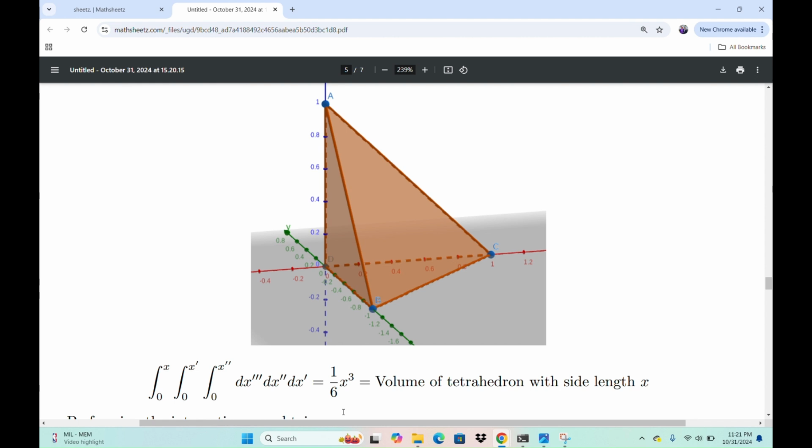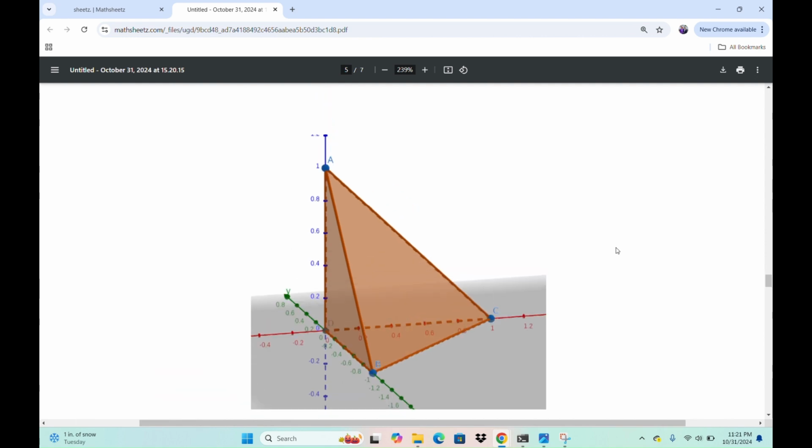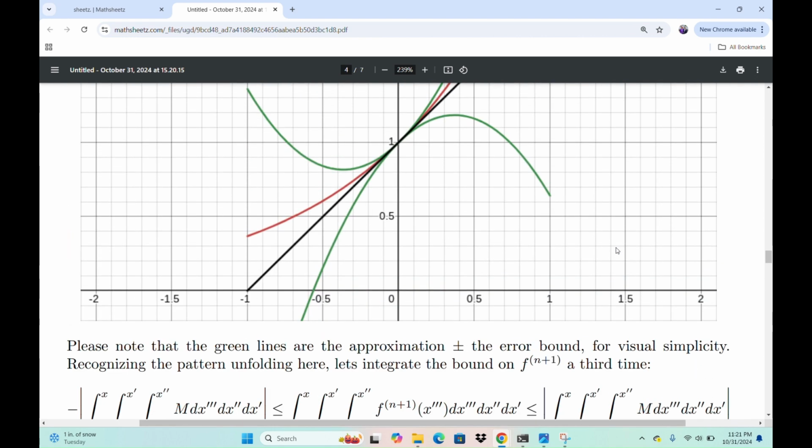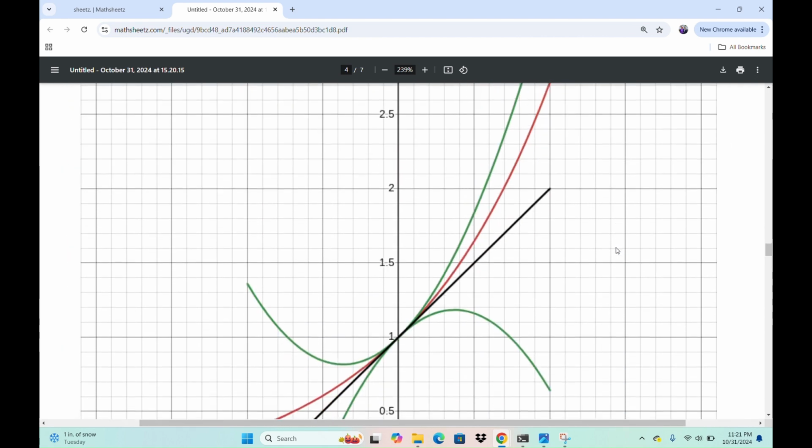And the point that I want to emphasize here is that because of this factor 1/6 or 1 over n factorial, for a fixed x, this volume is going to 0, okay? As I keep integrating, as I send the dimension of my space out to infinity. So maybe I'll comment on this a little bit more later. I don't want to get too sidetracked here. Let's keep going with our discussion.